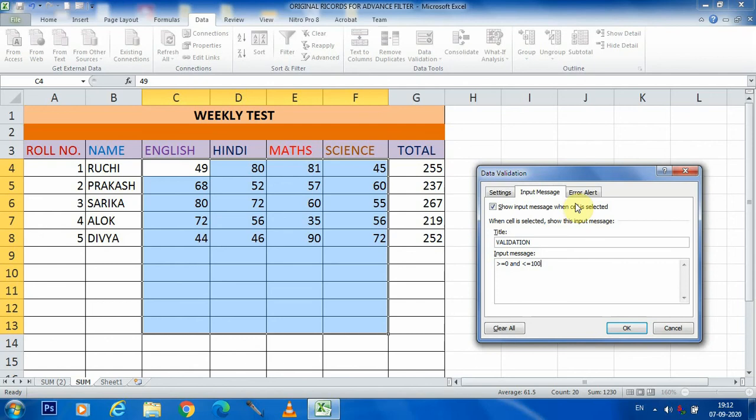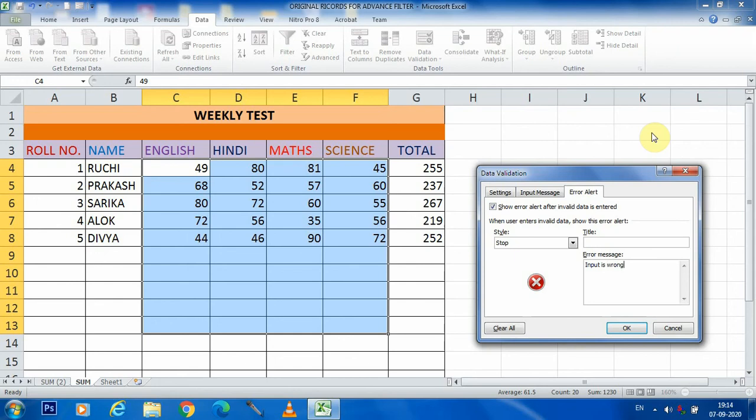Okay students, after that we are going to Error Alert. Here 3 options are available, you can choose any one. I am selecting this one, Stop. In the error message we will enter a message, just like: input is wrong.